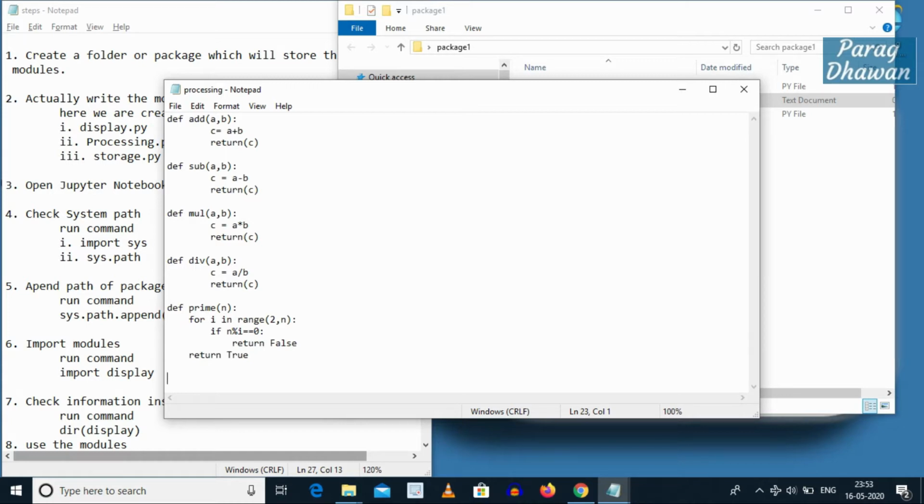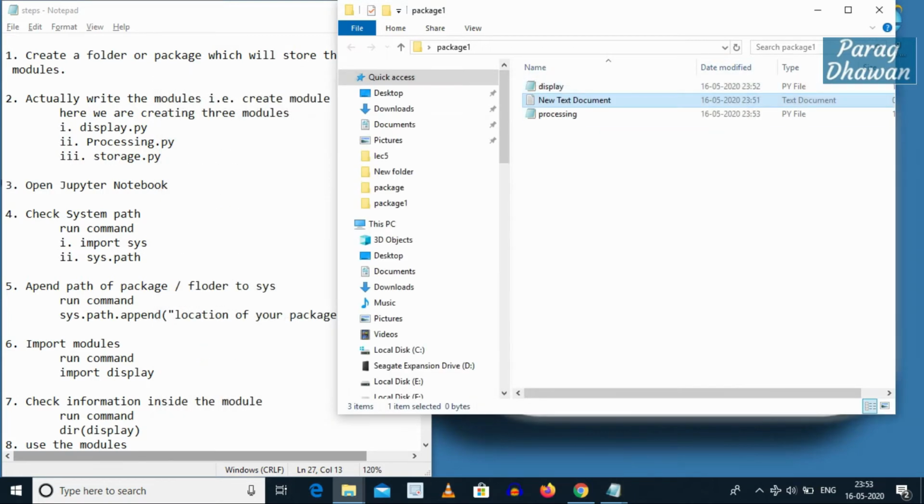The logic of the prime number: it will loop from 2 to num minus 1. If num mod i is equal to 0, it will return false, meaning it is divisible by a number between 2 and n, else it will return true. While add, subtract, multiply, divide accept 2 arguments as parameters a and b, perform the processing, store the result in c and return the value of c. Just the operators change. If it is addition, add. If it is subtraction, minus. If it is multiplication, multiply. If it is division, divide.